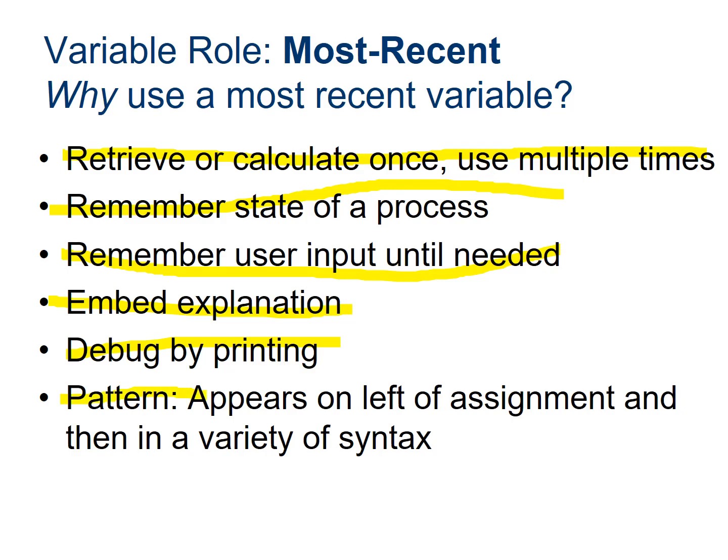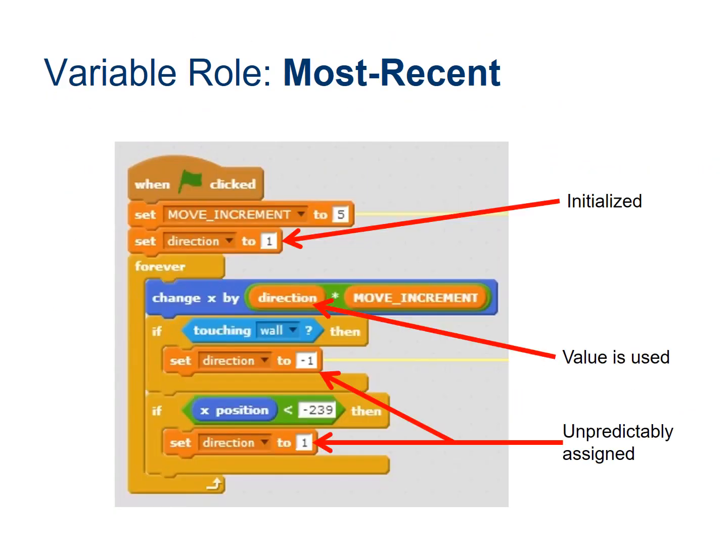It's when we're assigning a variable as the most recent, the variable name appears on the left of the assignment, and then in a bunch of different ways, a variety of syntax. Syntax is basically just the way that the code actually looks. So an example here of